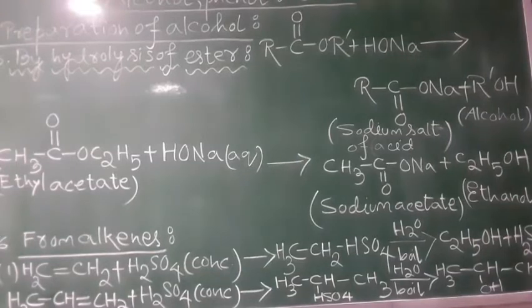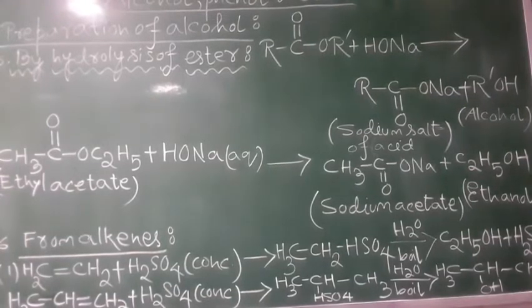Again, it is added to concentrated H2SO4. What will happen over here? The product that will be formed will be according to Markovnikov's rule. According to Markovnikov's rule, when a polar reagent is added to an unsymmetrical alkene, the negative part of the addendum is added to that carbon atom of the double bond which contains lesser number of hydrogen atoms. The product formed is Markovnikov's product, which on being boiled with H2O forms 2-propanol, which is a secondary alcohol.